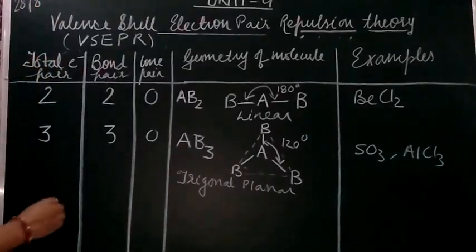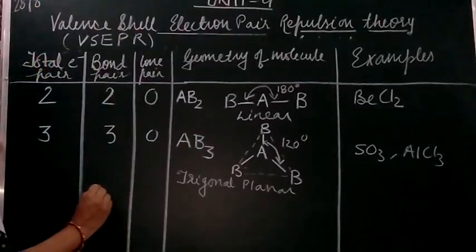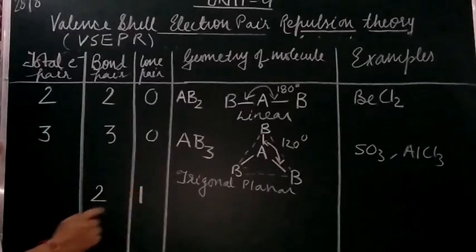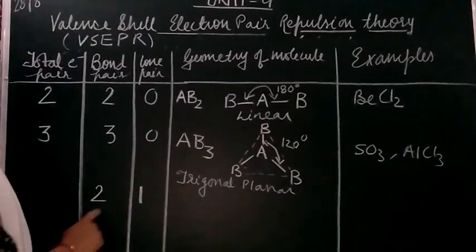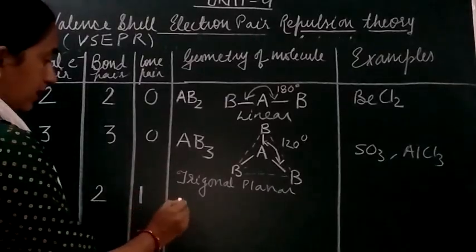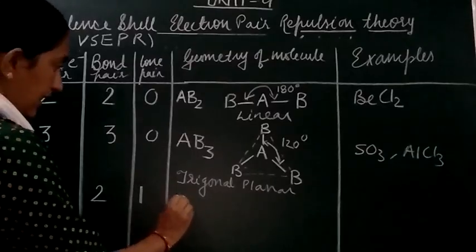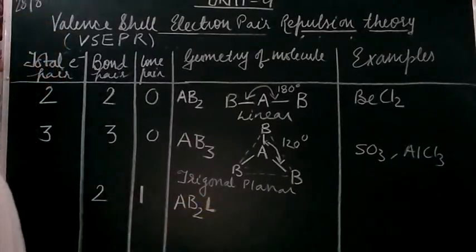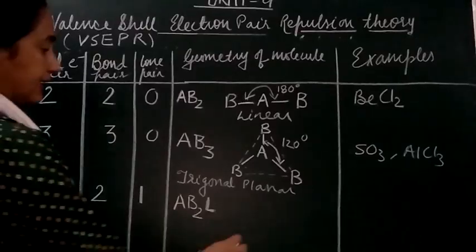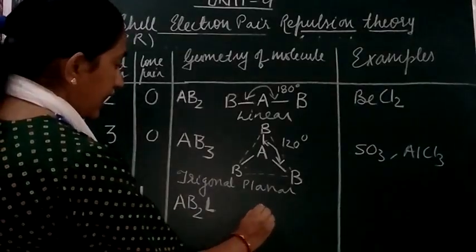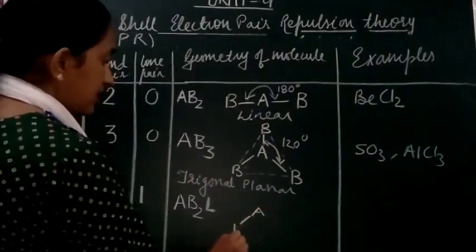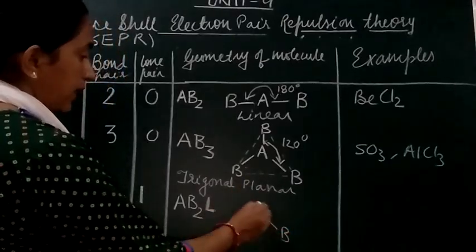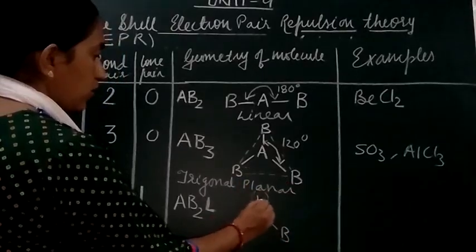Now the second case is where we have two bond pairs and one lone pair. 2 plus 1 comes to 3. So this is of the type AB2 with a lone pair present. We write A as the central atom, this is B and this is another B, with the bond pairs, and we will have a lone pair. You can show the lone pair in this way,